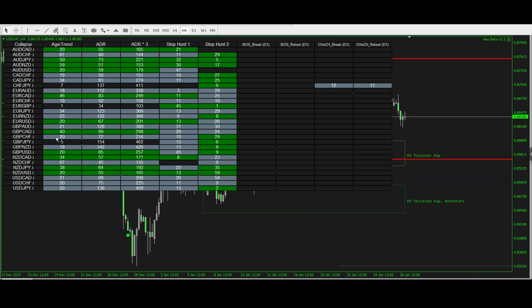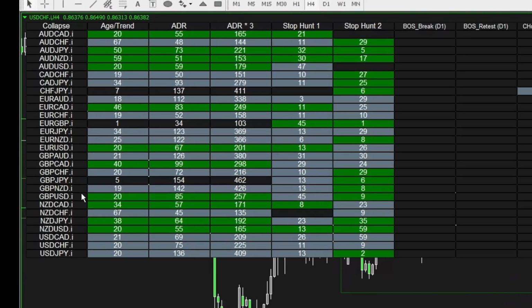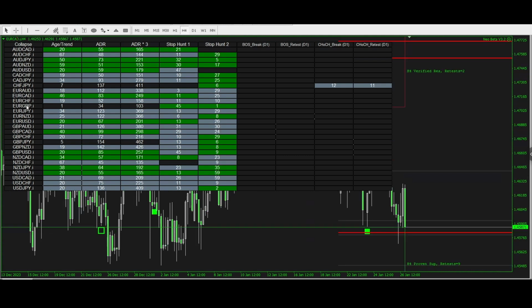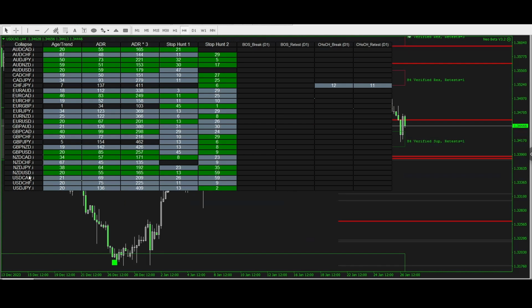The first thing we need to pay attention to over here is you can put a list of any single currency pair you want in the market, and the maximum you can go up to is 26 on one tab, but you can just open another chart and add some more pairs to that one on a NEO dashboard. We can also see that you can change between any single pair by just clicking the buttons over here, but we're going to go back over to USD CHF.